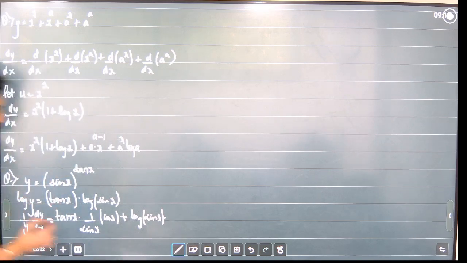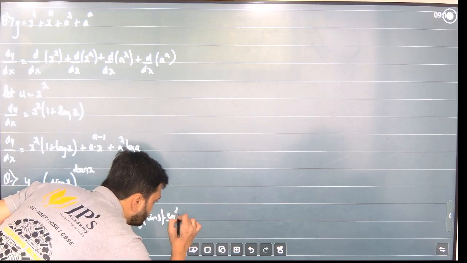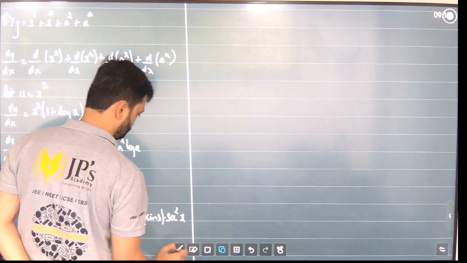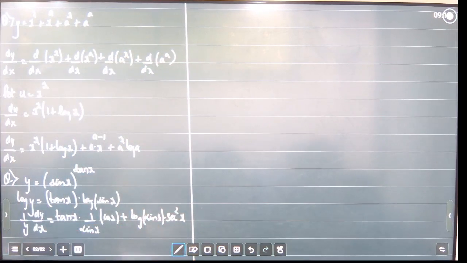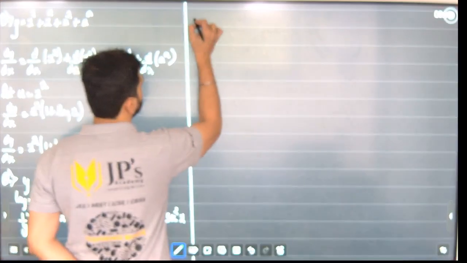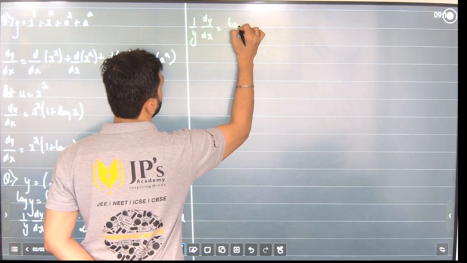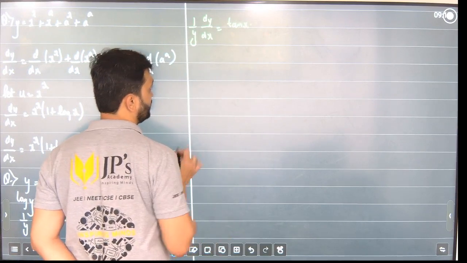Can you tell me what is the derivative of tan x? It is sec square x. Now when I solve it further, it will become like this: 1 upon y dy by dx is equal to tan x into